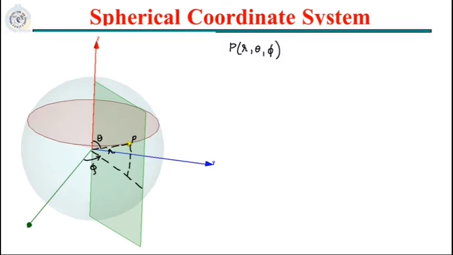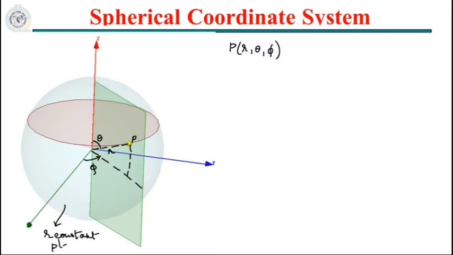You also observe that the point P is the intersection of three planes. Which are the three planes that we have here? The r constant plane, which is on the surface of the sphere, that is the r we have taken, and the r constant plane is the plane where the radius remains the same all the time. Then you have the phi constant plane and the theta constant plane. That's the new term we have introduced. As usual, this surface is your r constant plane.